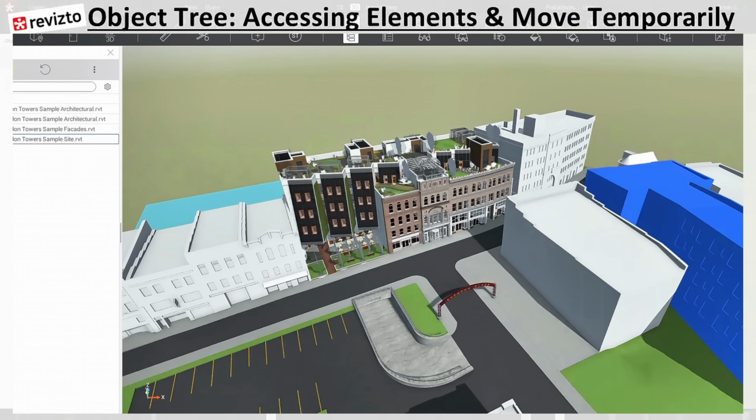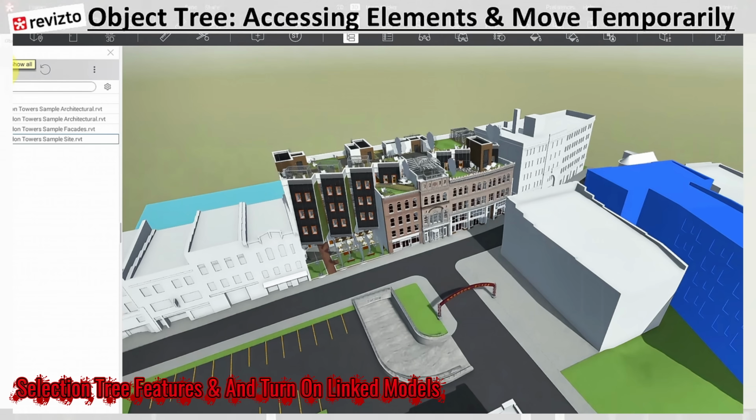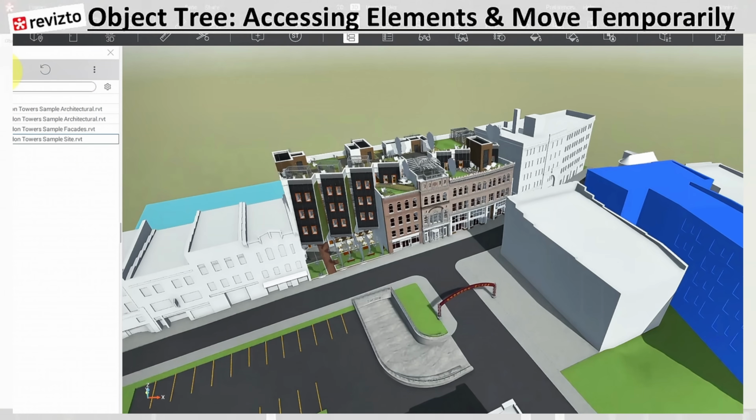If I go through all of these on top, the first one says Show All. If you bring in some models that are not shown, such as a model linked to the original one, mostly it's not going to show. In this instance, the main Revit model is architectural and these two are linked. If I bring it in the first time, it's not going to show, so you can hit on that and it's going to show the linked models with your overall model. So first thing first, when you open it, hit on this Show All so you can see all the content